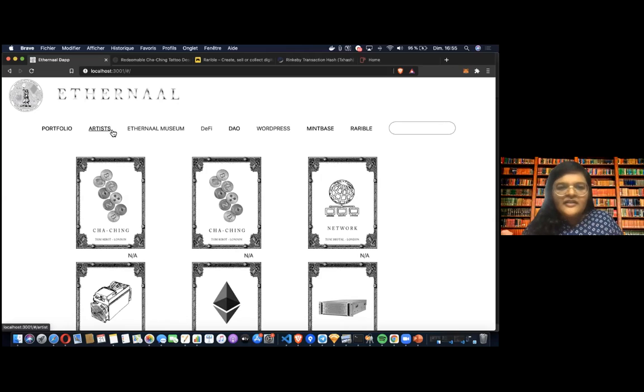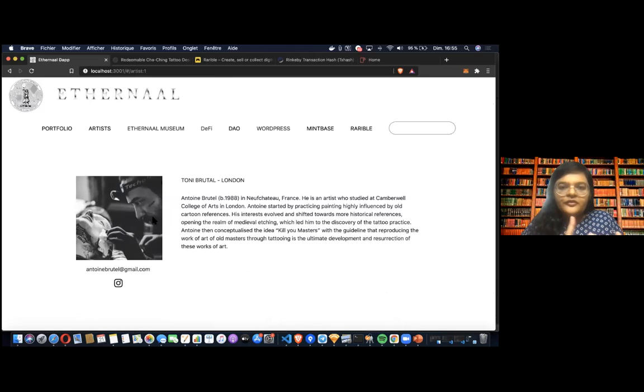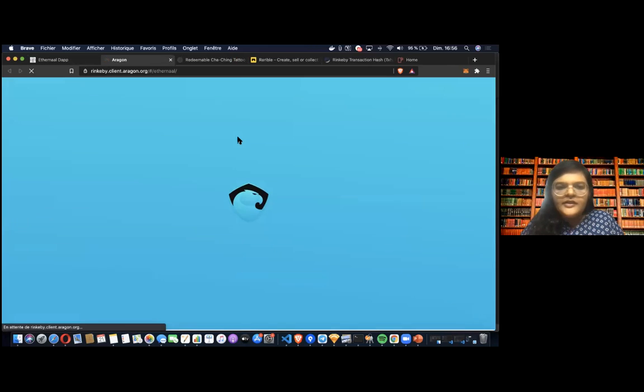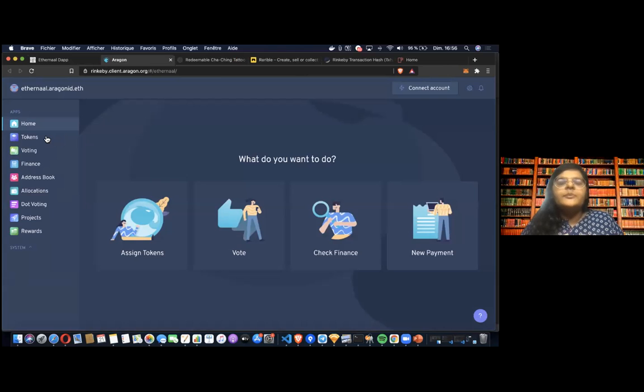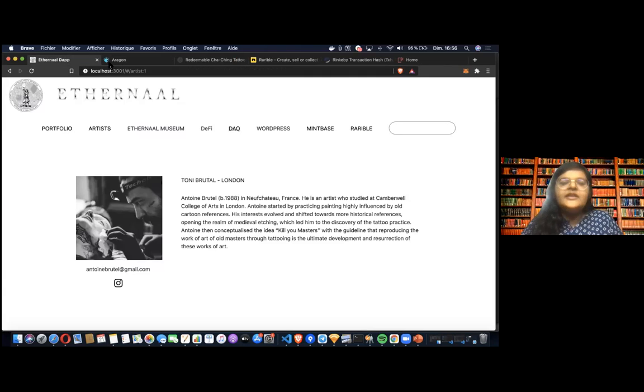So this is our entire demo. We have used a couple of sponsor technologies. As you can see, we have used the Rarible APIs. We have used the lazy mint and transfer function, so we can perform lazy minting. We have used ENS, where we have created profiles for the artists and connected it to ENS. We also have a DAO that is set up on Aragon, where we have some tokens called NAAL tokens, wherein the DAO is used for governance and people can vote on proposals on maybe different types of tattoos that they would like to see, etc. You can see the tokens that have been created on the DAO.